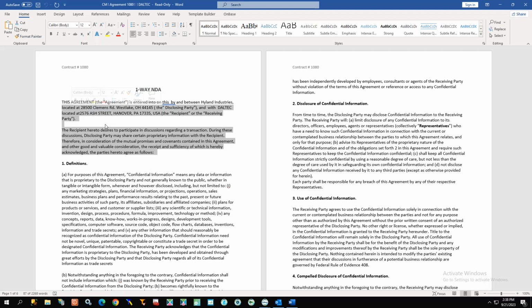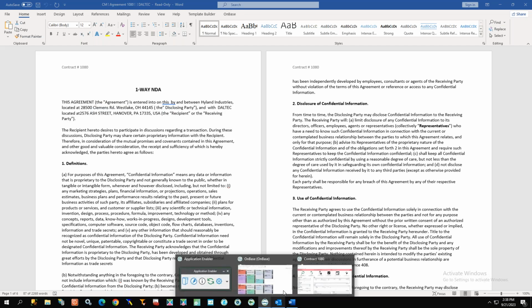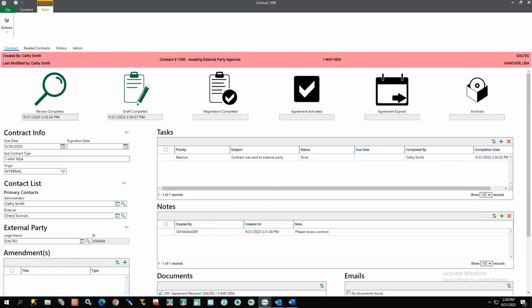It's really then, this contract request, and I'll jump back over to OnBase here. The contract request process can sit in this stage for a variation of time,